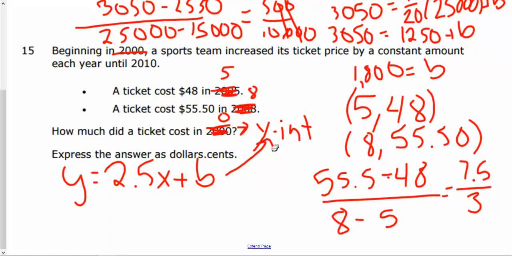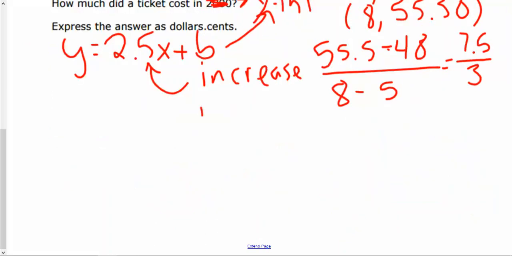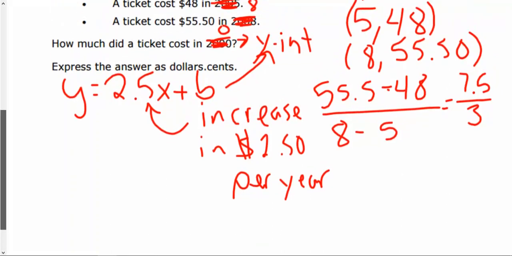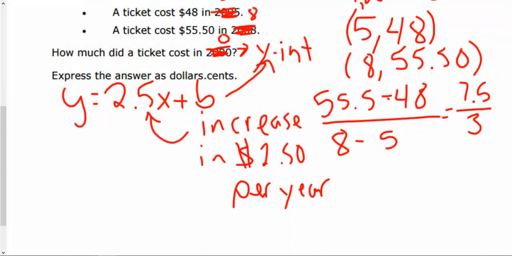$2.50 every year. Let's make that clear. This is an increase in $2.50 per year. It's important for us to understand that. You will be asked about what is the meaning of slope in the context, right? Talking about rate of change here, but we also need to just understand what does slope mean in the context of a problem. So now I'm given another